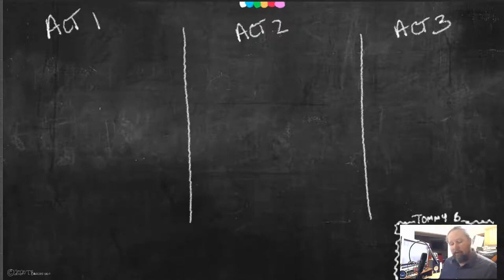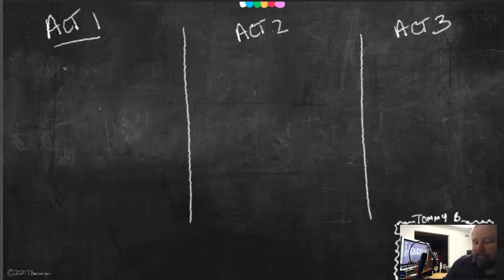So with Act 1, the important thing is that we understand that this is the beginning of our story. We're setting up all the different parameters. We're setting up all the different genre tropes or whatever it is that we're going to be setting up in this world. This is the start of that film, and it doesn't matter what genre we're talking about or what time period or any of that other stuff. Act 1 is going to have a specific purpose. Act 1 is all about what I call the status